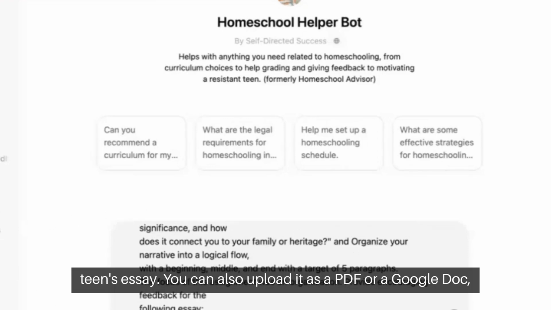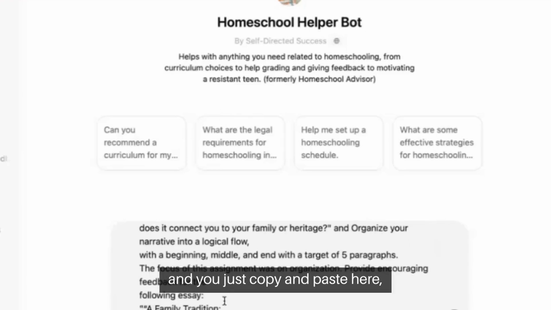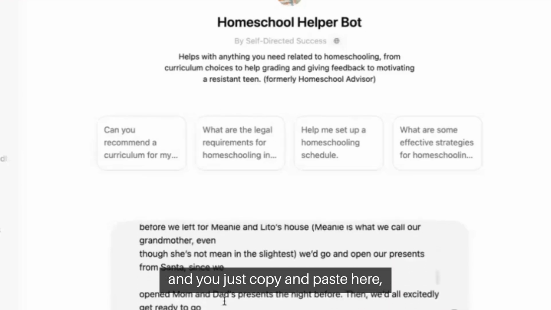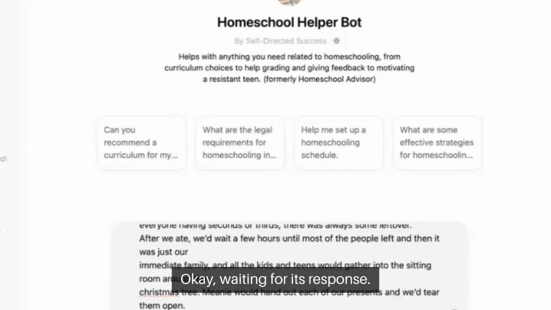You can also upload it as a PDF or a Google Doc, but you can also just copy and paste. So this is their essay, and you just copy and paste here, and then I'm going to close quotes, and then I'm going to send it,